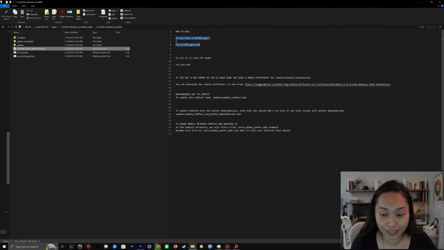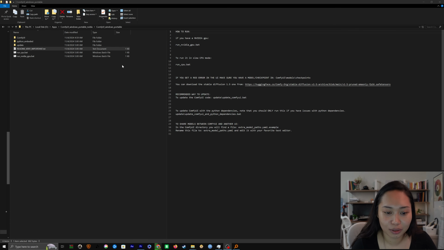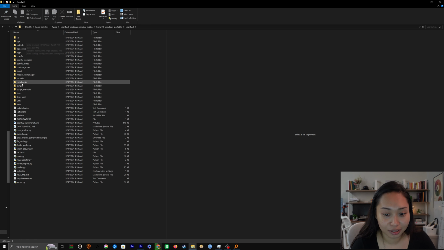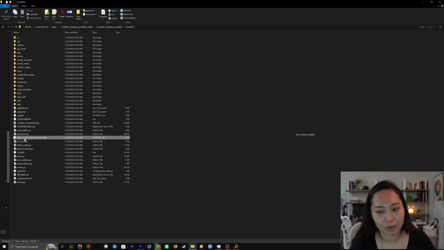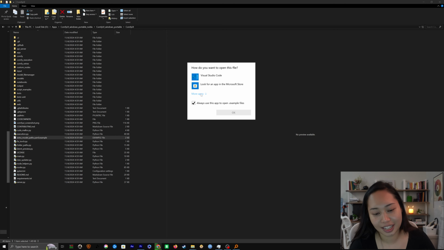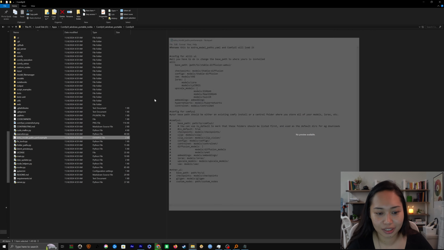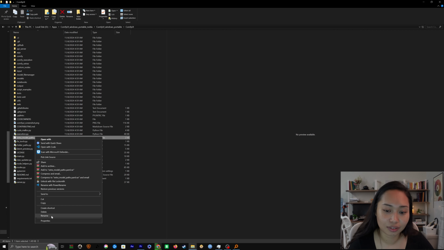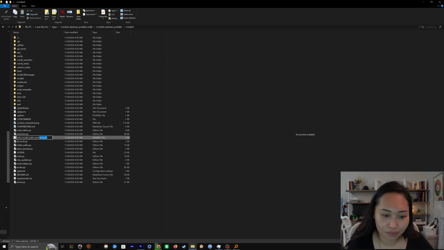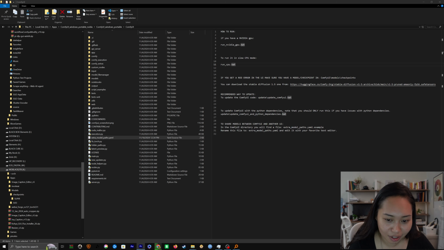If you have installed other interfaces for AI models like Automatic 1111 or Forge UI, you can use the same models you have already downloaded by modifying this extra_model_paths.yml.example by right-clicking on it and opening it with a text editor. We can add extra paths here for ComfyUI to use, so you don't need to download models again if you already have. If you never downloaded models before and have no idea what all of these folders are, I'll go